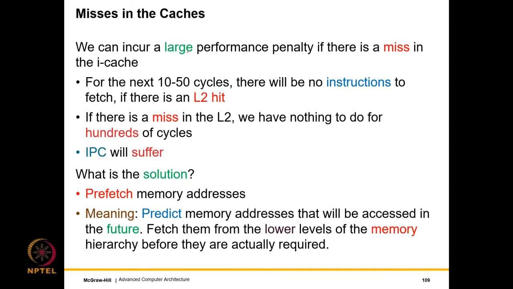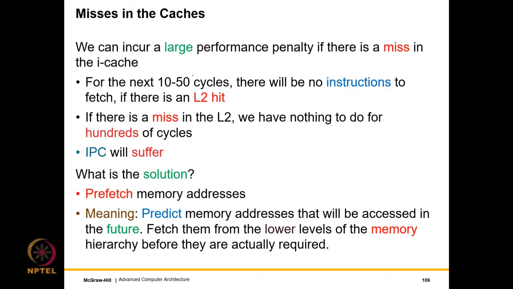So let's look at misses in the caches. If there is a miss in the iCache, it's actually a very serious issue, because the first part of the pipeline is the in-order part, and a miss is expensive. So these misses cannot be hidden. If there's a miss in the L1 cache, we'll have to go to the L2 cache, and the L2 cache access latencies, as you will see in the next chapter where we will discuss the NOC, can be reasonably large, like 10 to 50 cycles, right? They can be large latencies.